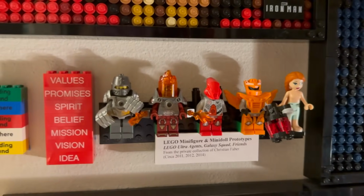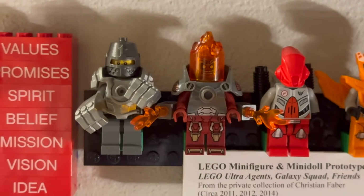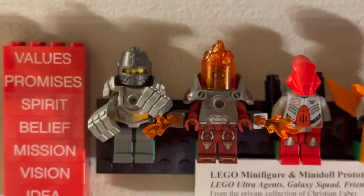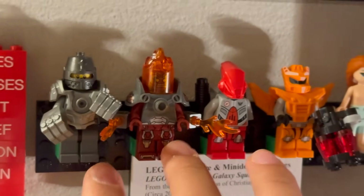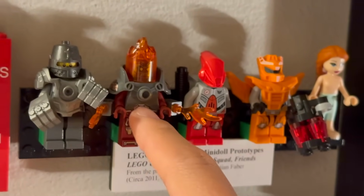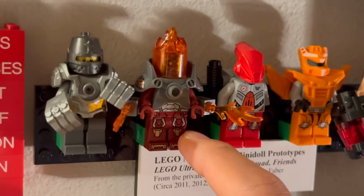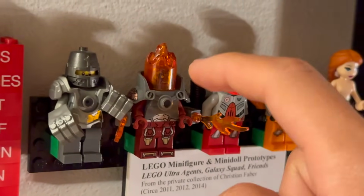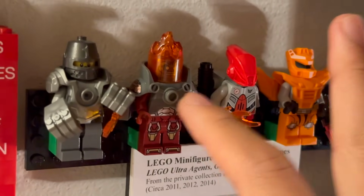which is super cool when I just discovered that in his collection. And these are really awesome because technically you can create these 2 minifigures here. They are meant to represent the Ultra Agents villains. Of course, you can see which ones they correspond to, but this was Lego designers just throwing together existing pieces, like you have War Machine's torso, Iron Man's legs from Iron Man 3, a collectible minifigure armor piece, an Uruk-hai head from Lego Lord of the Rings, and they just kind of combined them into what they wanted these figures